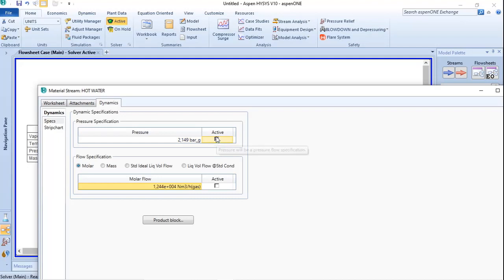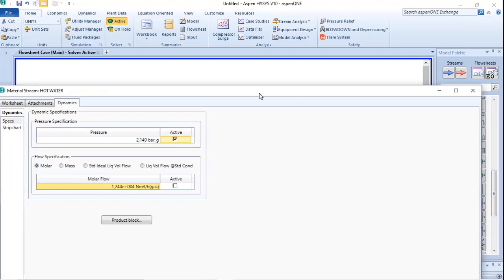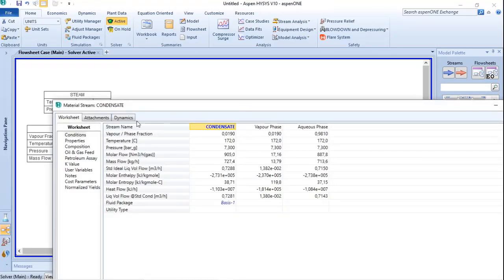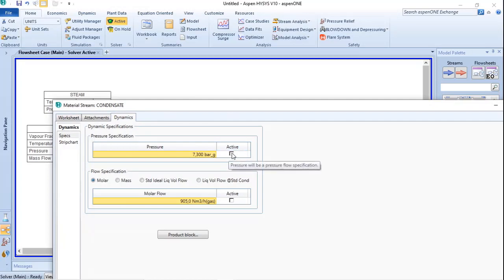However, I will set pressure as activated so Aspen Hysys identifies that the flow needs to be calculated according to pressure drop, and the same for the condensate. I need to verify that and activate pressure to set the pressure fixed as the control valve opens or closes